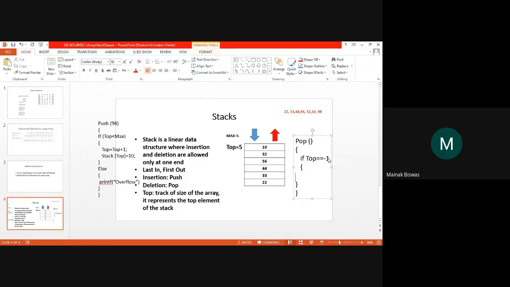Otherwise, we will return the top element. Else